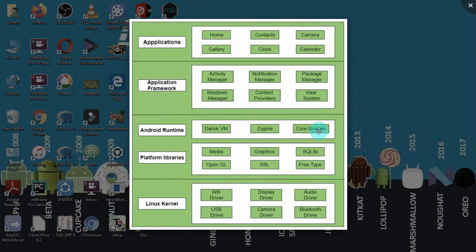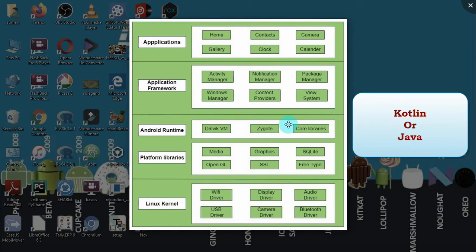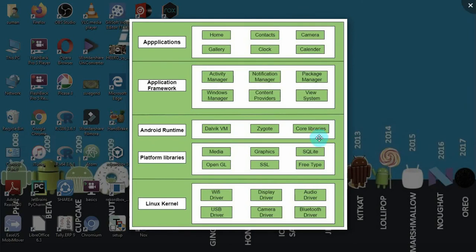Before that we had to give the application name. We gave my application demo. There only, at the third or fourth place, we saw which programming language, Kotlin or Java, and we used Java. So the core libraries enable us to implement Android applications using standard Java or Kotlin. That's about the Android runtime.